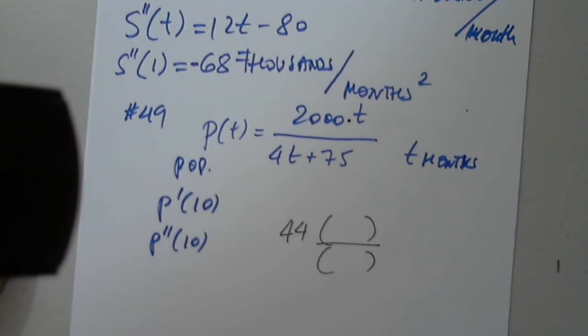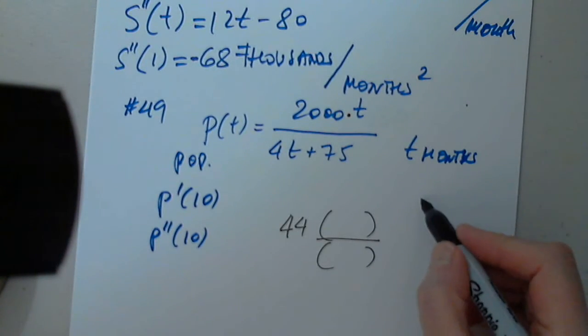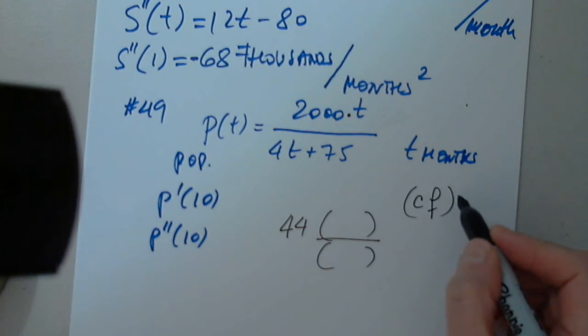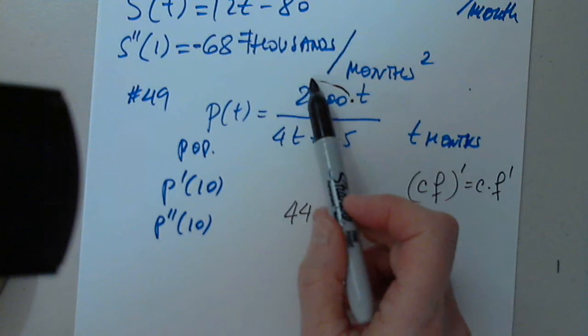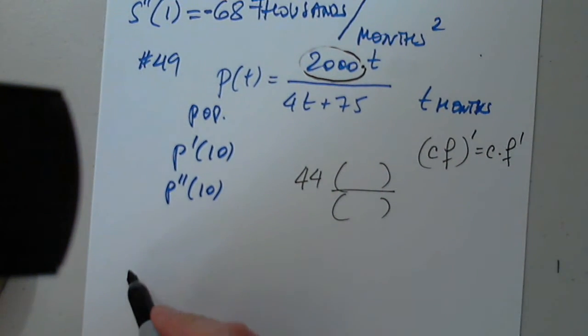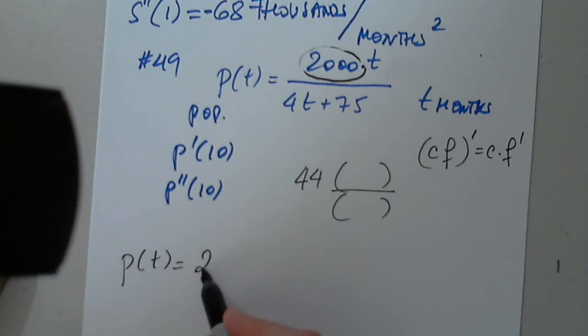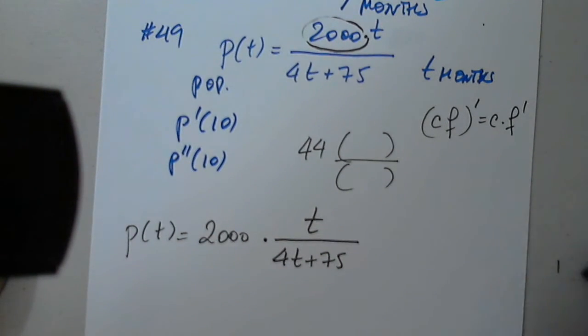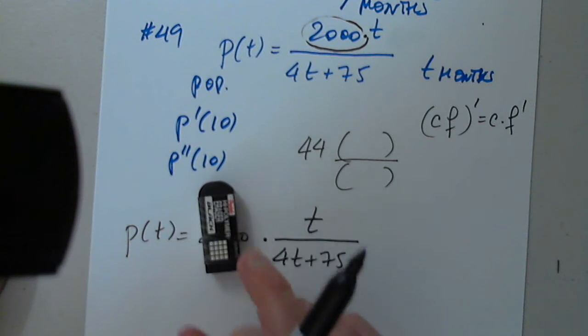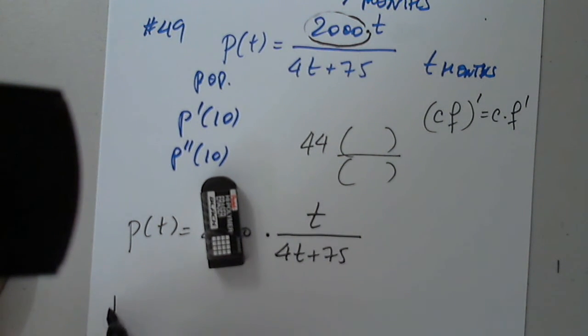I will take that constant outside. How come? Well, a constant times the function prime is the constant times the function prime. So I don't want to involve this if I have a choice, and I have a choice. So the function is really 2000 multiplied by t over 4t plus 75. So I'm not going to involve this at all. It can wait patiently. So then I have P prime of t, which is a constant, times